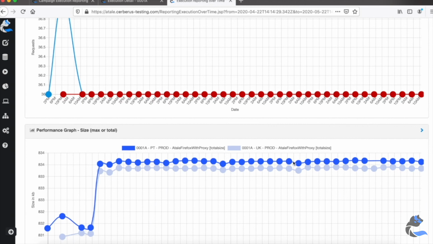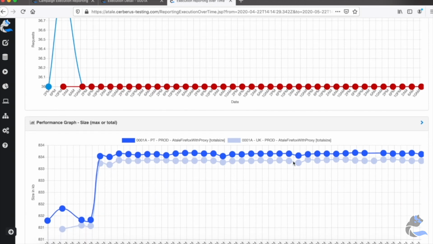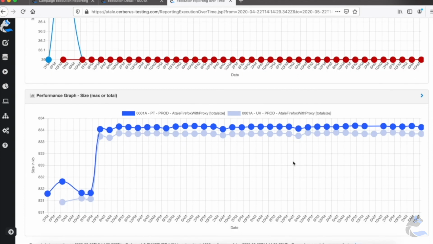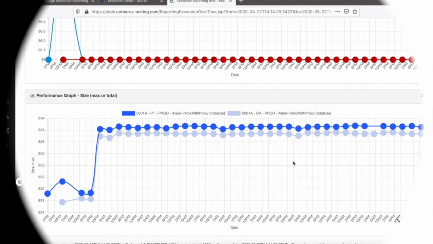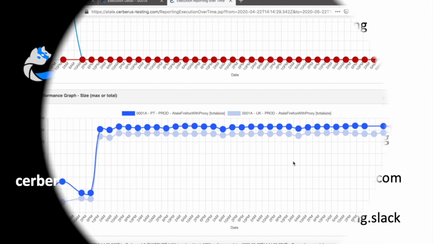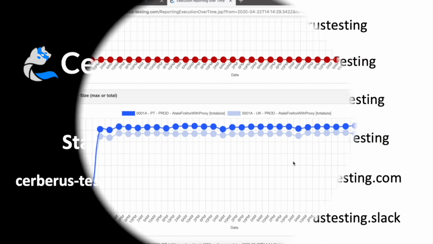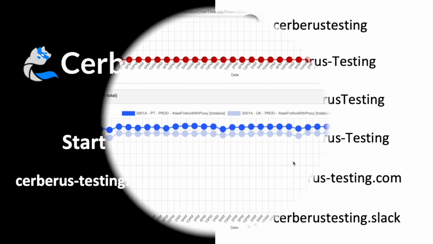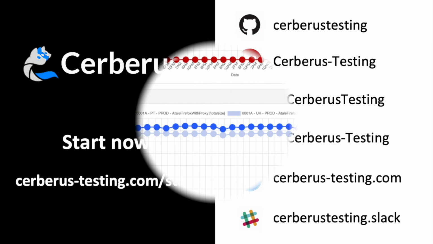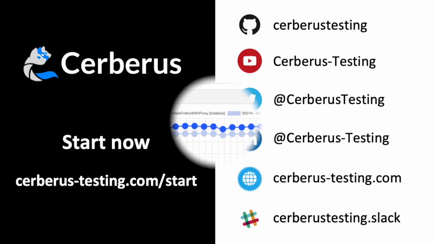So we went through the main screen of Cerberus testing. Really, to stop coding and start testing, we focused on providing you a web interface that goes from test repository, test execution, and test reporting in a single interface that you can leverage easily locally, on-premise or in the cloud.